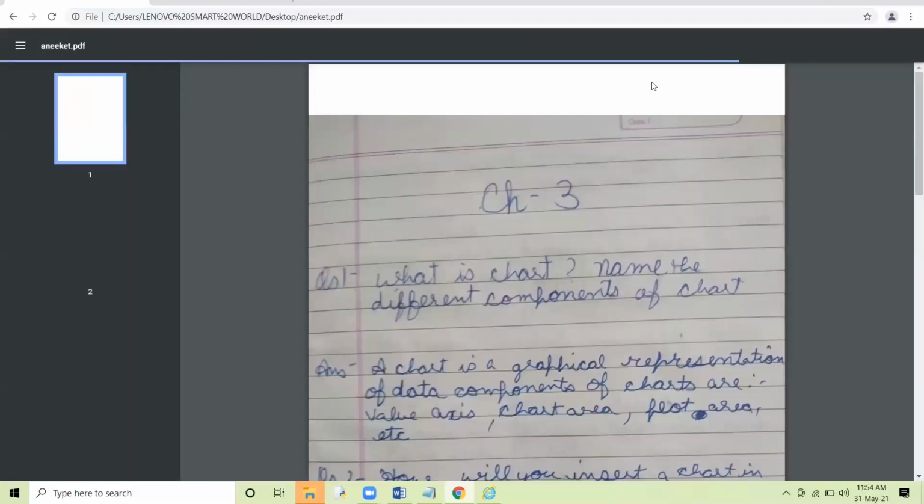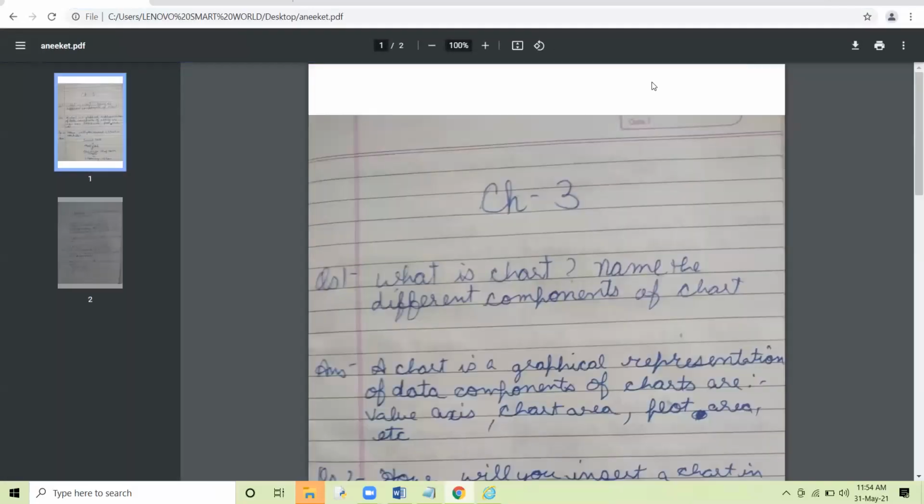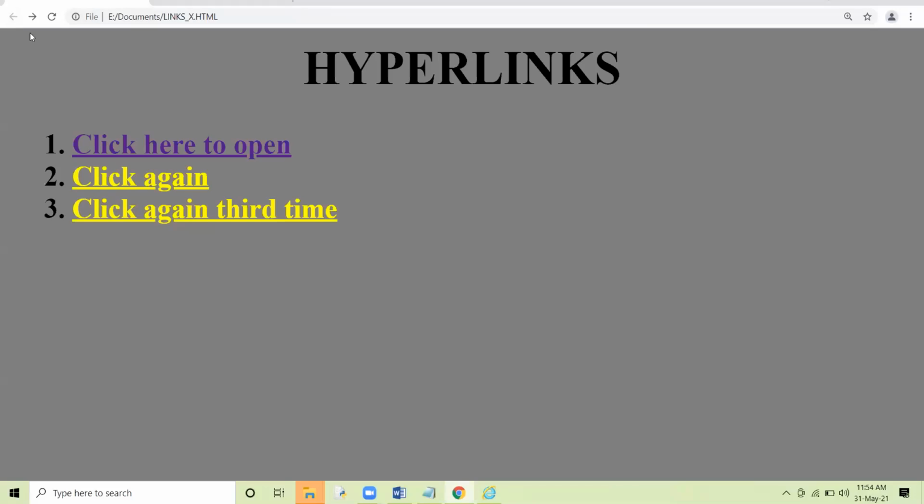अब इस वेब पेज के अंदर मैंने अपनी एक पीडीएफ फाइल को लिंक किया हुआ है. जब मैं इस हाइपरलिंक पे क्लिक करूंगा तो मेरी पीडीएफ फाइल खुल जाएगी. See one PDF file get open up. You can link your PDF file also with the href attribute. ये हाइपरलिंक के अंदर हाइपरलिंक हो गया. ये मेरा मेन वेब पेज है. मैंने इसके हाइपरलिंक पे क्लिक किया.